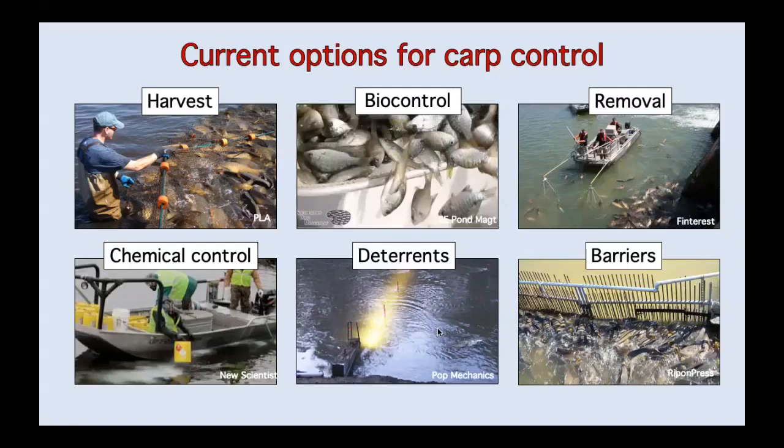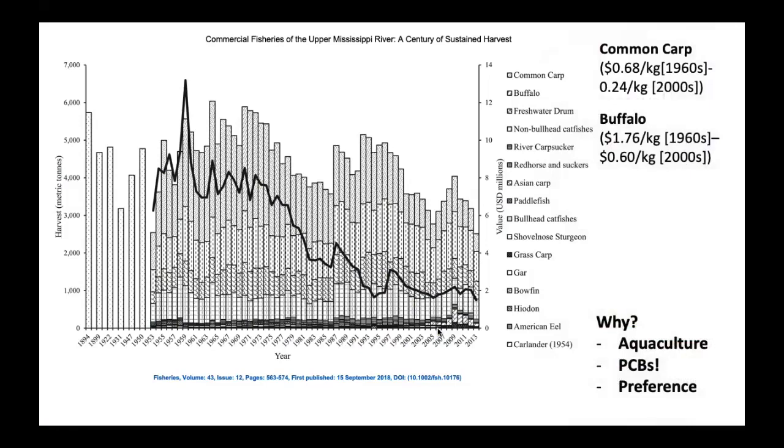So there's a suite of different options for controlling carp, some that have been used for a long time, and I would kind of consider the de facto way that carp are regulated by the DNR, for instance. And then there's a whole bunch of different methods that they're controlled by. I want to camp on harvesting for a second because I recently found this out and thought it was interesting.